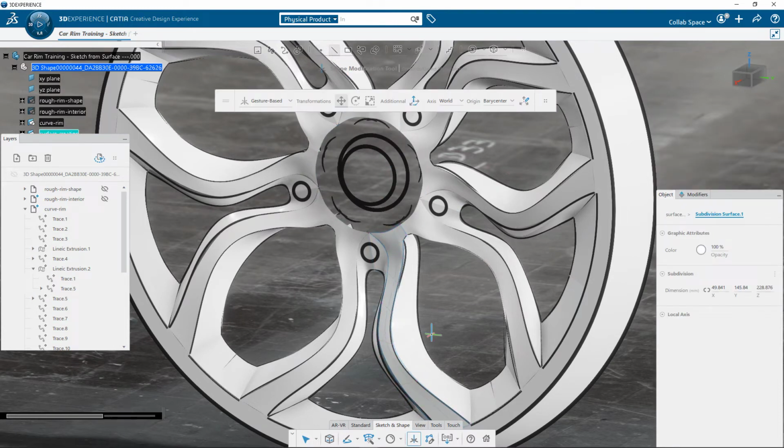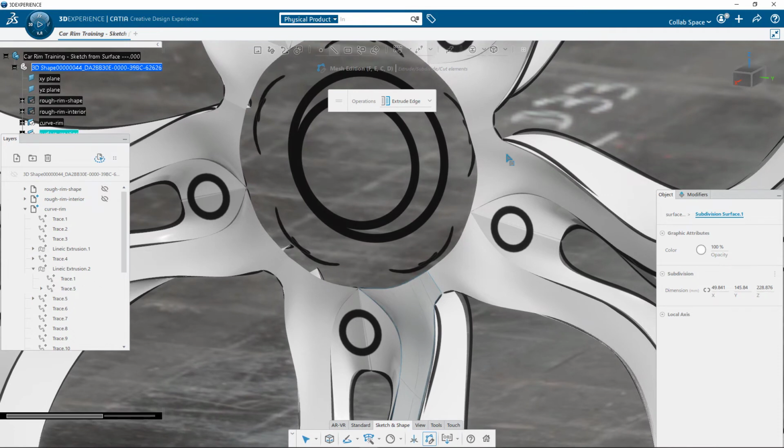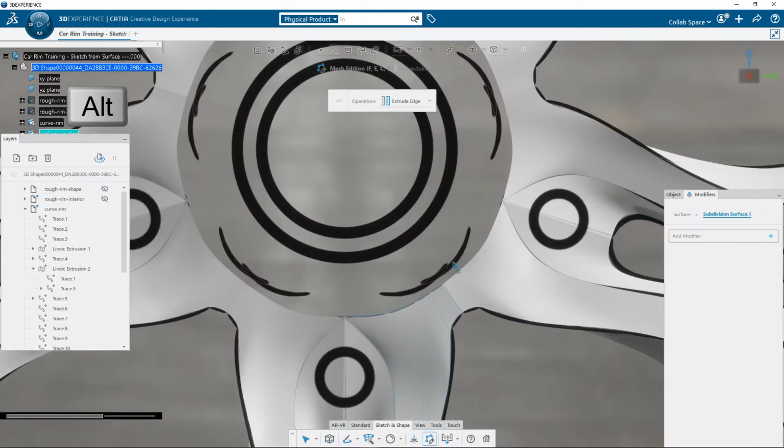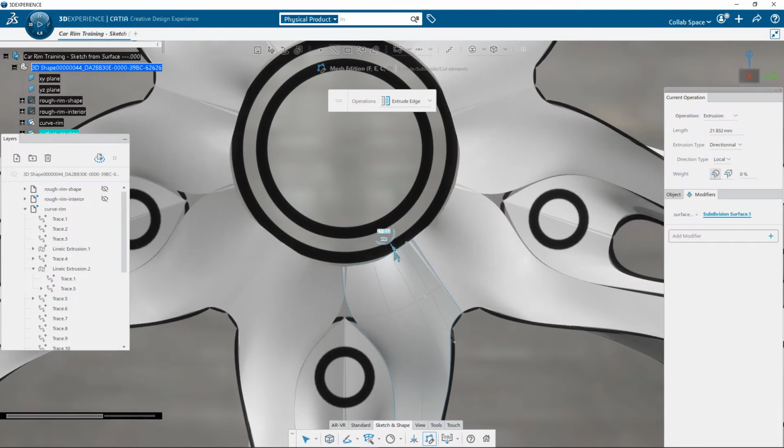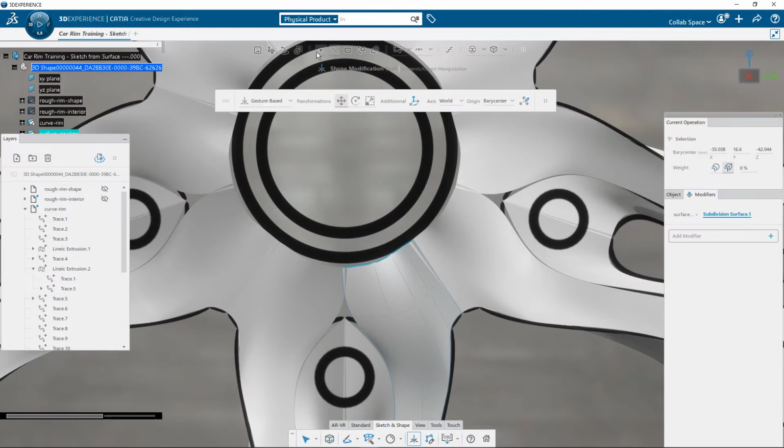With the Mesh Edition command, the Edge Selection Filter on, I want to extrude the edge extremity. I use the propagation with the Alt key pressed, but I need first to change the propagation mode to linear propagation. It will propagate the selection until reaching a vertex with weights. When the edge is extruded, I can go back to Transform command to move the vertices and make it match visually to the circle curve.